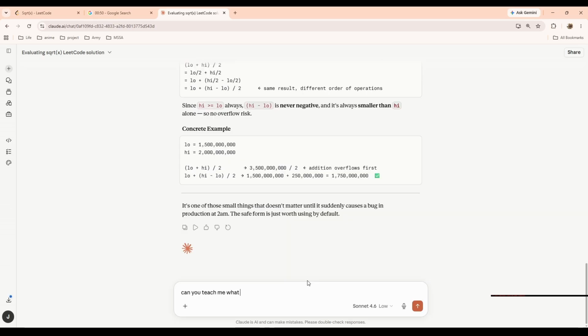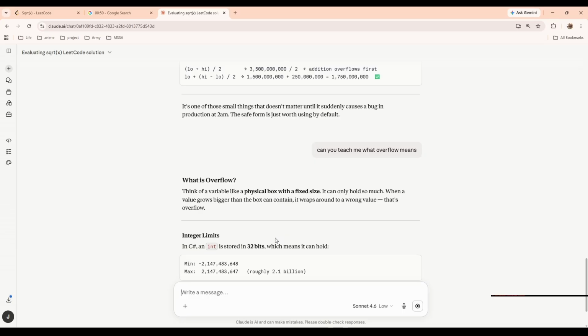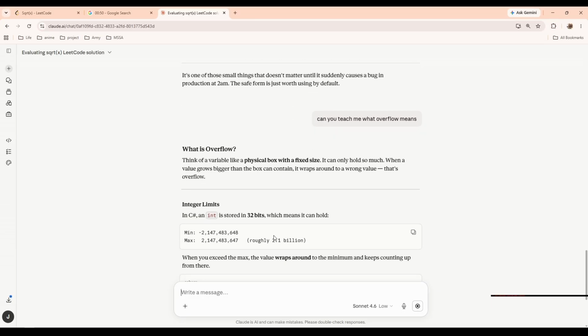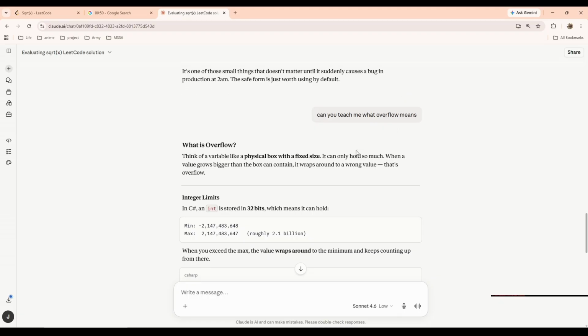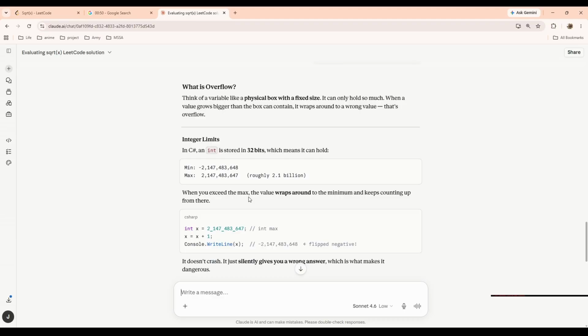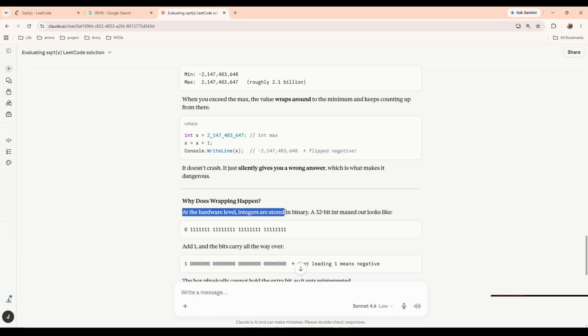Teach me what overflow means. Think of a variable like a physical box with a fixed size. It can only hold so much. When a value grows bigger than the box can contain, it wraps around to a wrong value. That's overflow. In C Sharp, an integer is stored in 32 bits, which means it can hold up to about 2 billion. When you exceed the max, the value wraps around to the minimum and keeps counting up from there. At the hardware level, integers are stored in